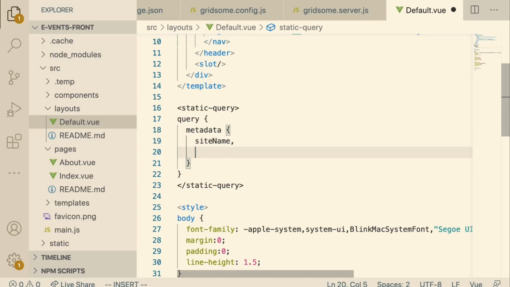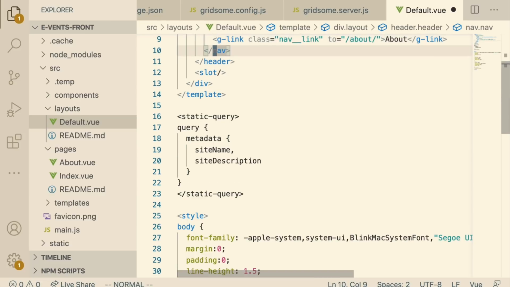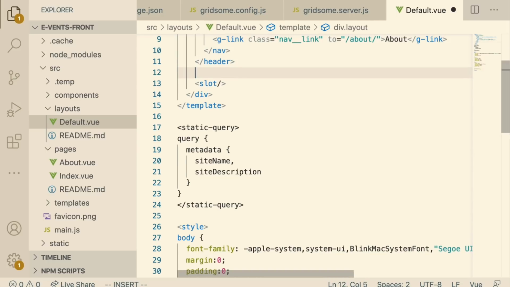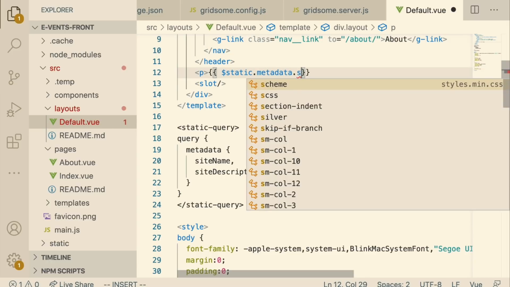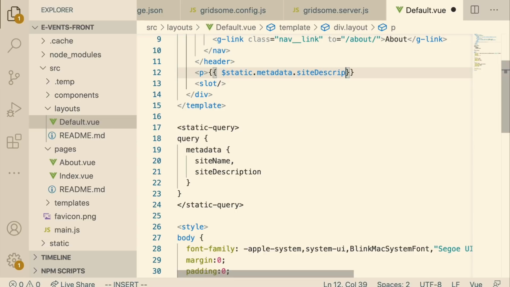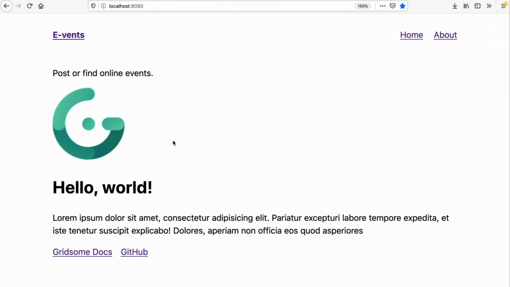Let me add that here, site description, and then I'll go up here right below the header, and I'm going to put a paragraph tag with the double curly braces, and then I'll do $static.metadata.siteDescription. And now if I look in the browser, you can see that right below the header it shows my site